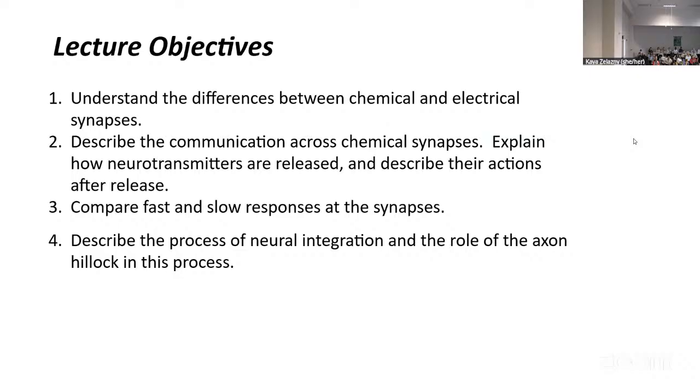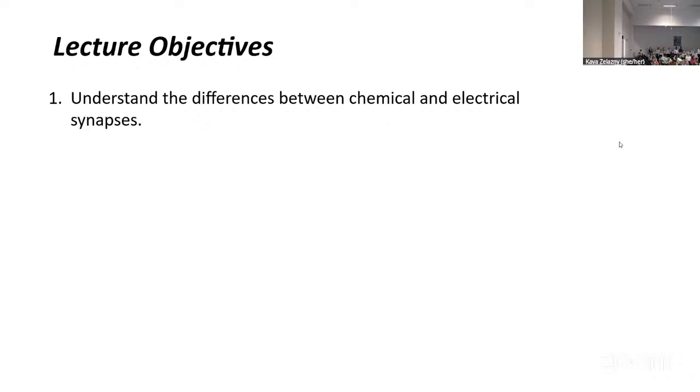We're going to have chemical synapses and electrical synapses. We're going to think about the role of neurotransmitters in our synapses, how they're a response to action potentials, and then what they do to the cell that's receiving this signal. So we're going to start